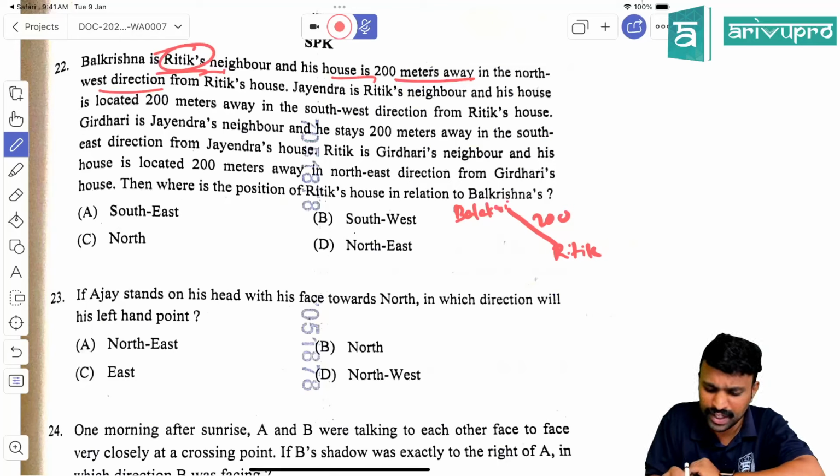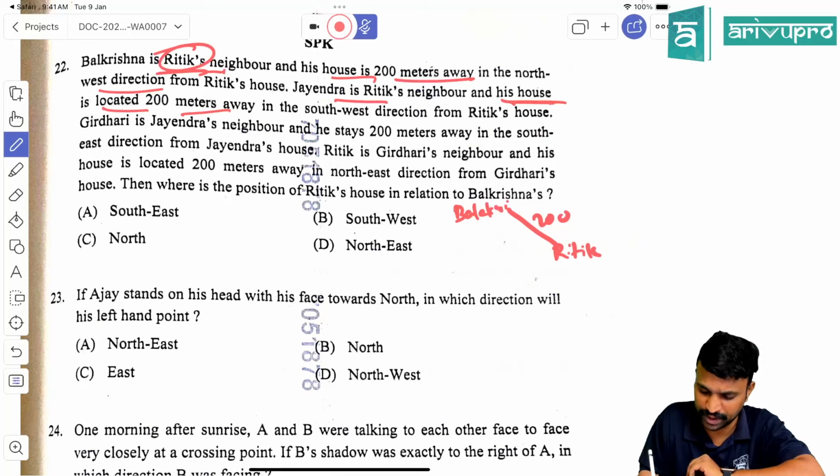Then Jayendra is Ritik's neighbor. So again, for Jayendra, Ritik becomes a reference. Where is his house? His house is located 200 meters away in the southwest direction. Southwest is this. So here is Jayendra. All right. And then